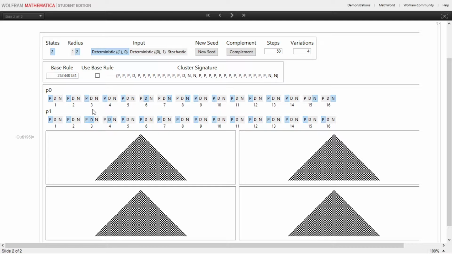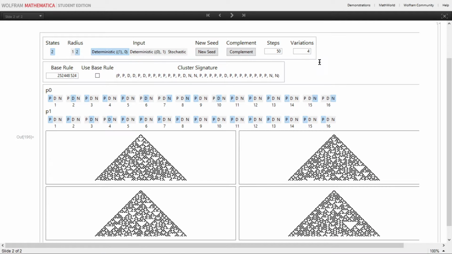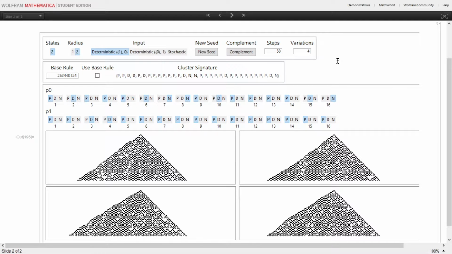Yeah, this is a rule. This is in radius 2. Yeah, 32 bits. By the way, based on the ECA for 8 bits, because we're introducing one more possible state, we have 6,561 rules, probabilistic rules. So not 256, but 6,000, and some change.